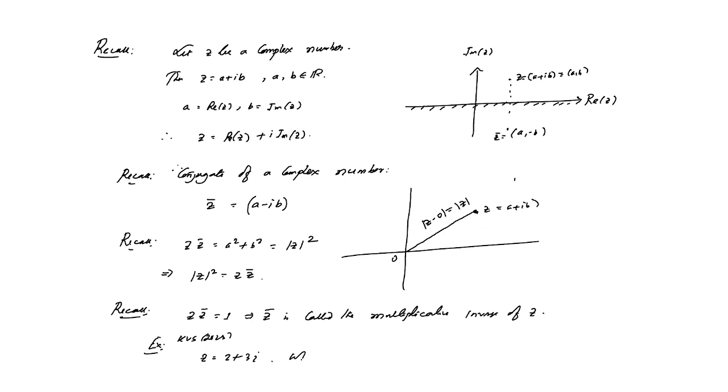What is the multiplicative inverse of Z? Obviously the multiplicative inverse will be Z bar, equals 1 by Z, so 1 by 2 plus 3i. That means 2 minus 3i over